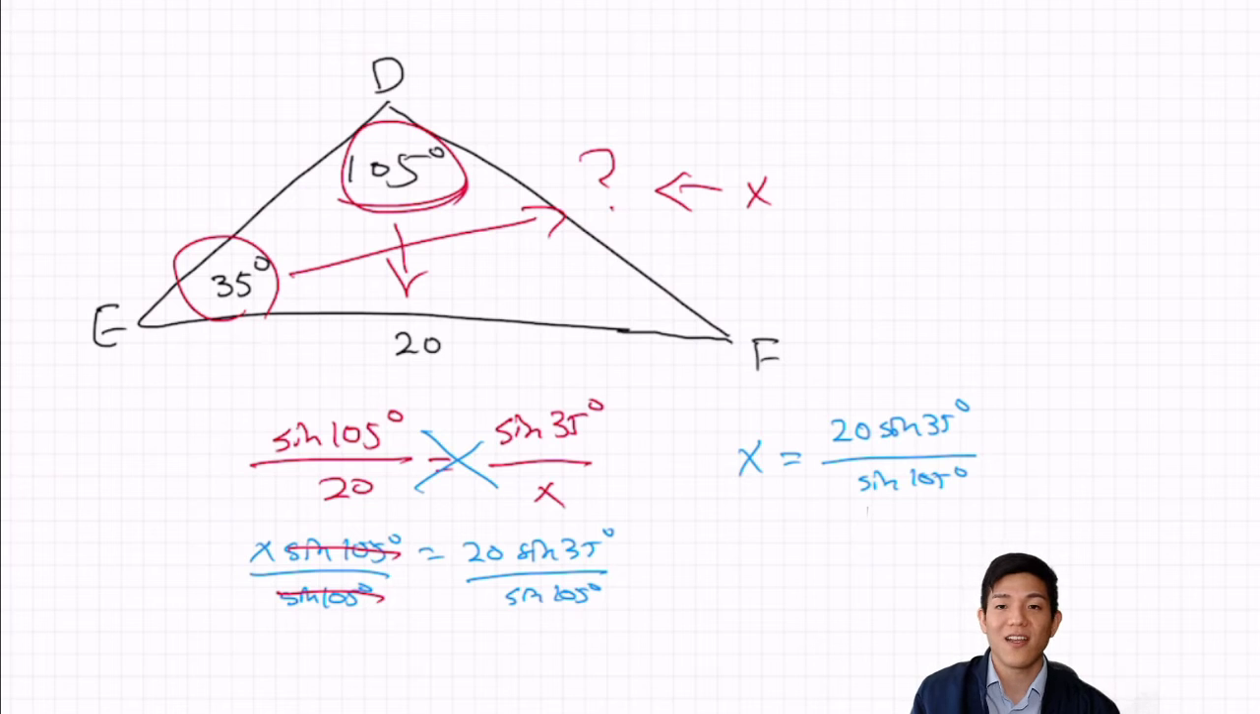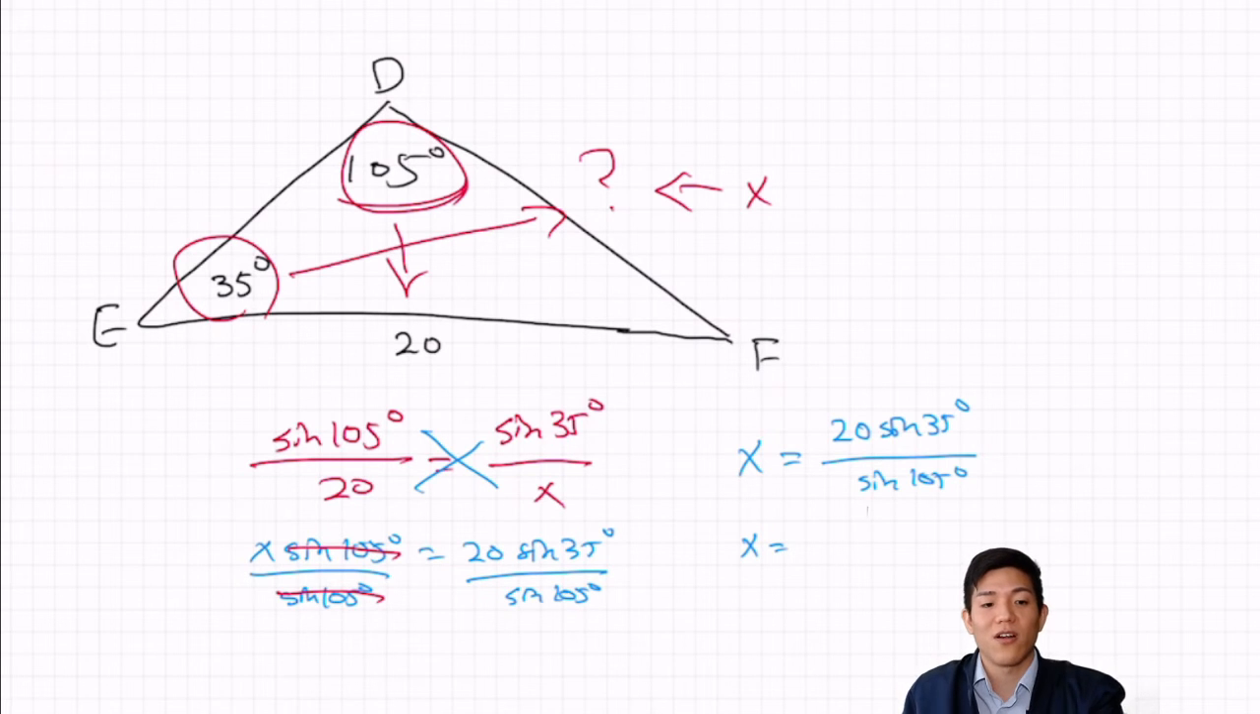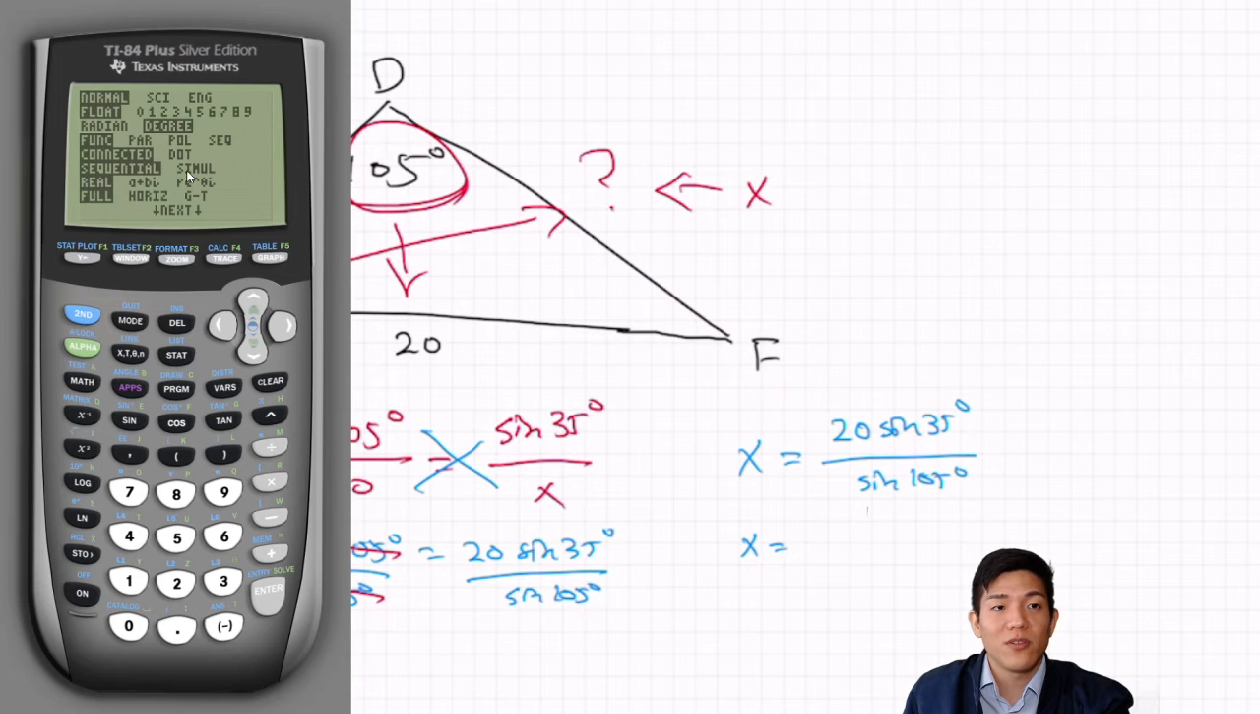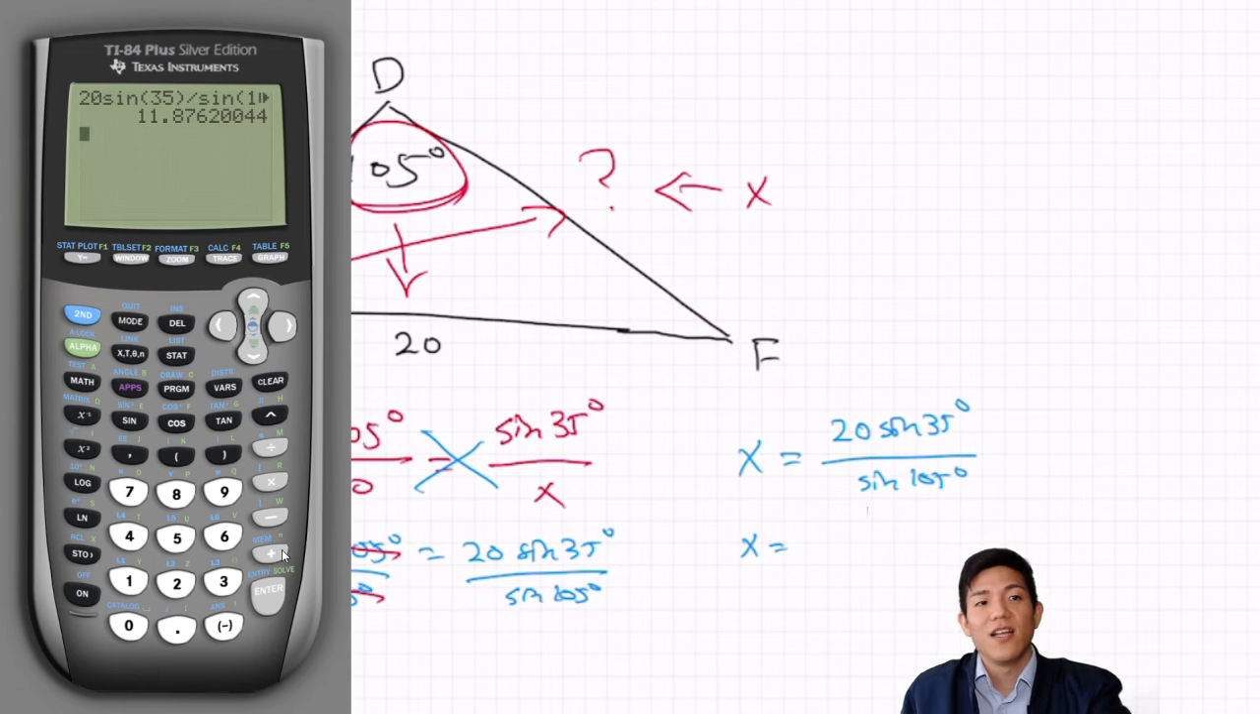From here, all that's left is to use the calculator to punch in and get our answer, right? So I'm going to write x is equal to, and bring my calculator up right here. Okay, so let me turn it on. And make sure before you use it that your mode is in degree setting instead of radian, because we're plugging in degrees here, right? Okay, so we want to plug in 20 times sine of 35 degrees over sine of 105 degrees. Press enter. That gives us